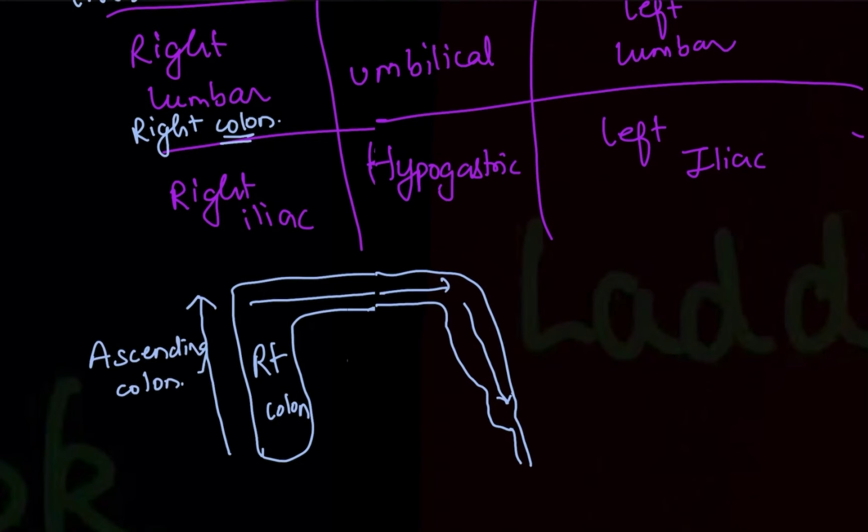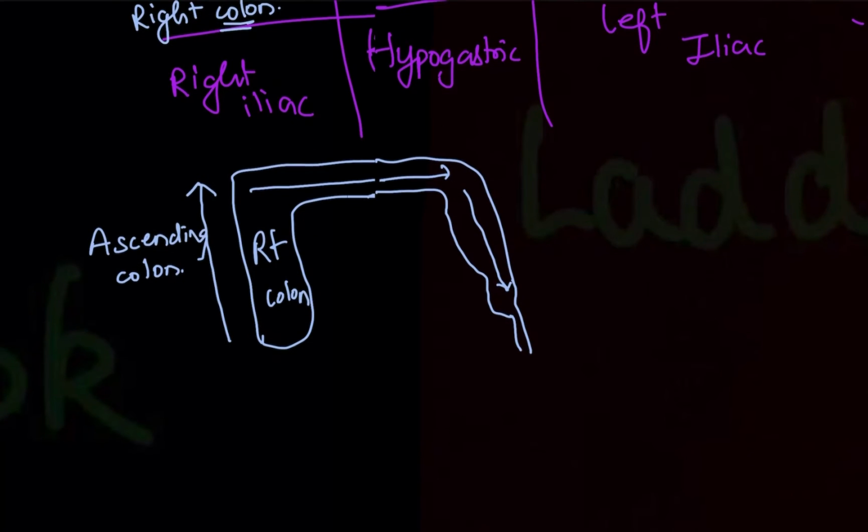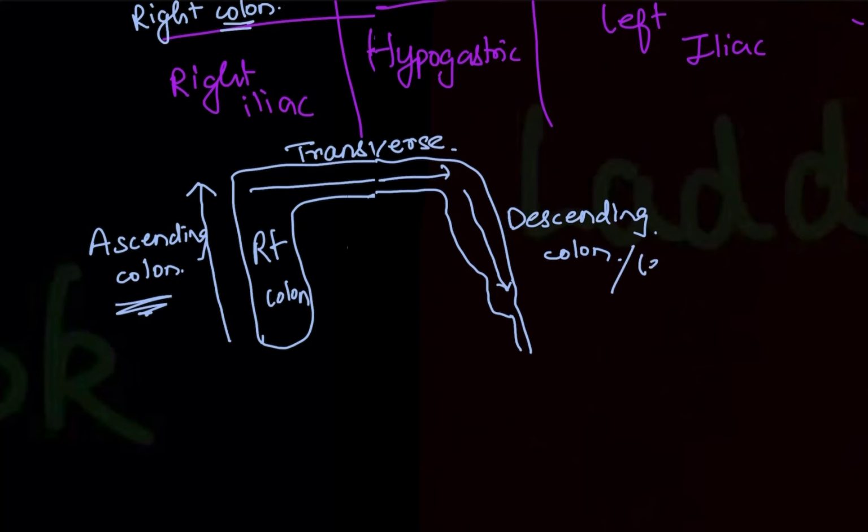It is very important when it comes to arterial supply. So please remember these names. Right colon, whenever you see, you have to remember another word, that is ascending colon. Here it is the transverse colon, and this is the descending colon. So large intestine is divided into 3: the ascending colon, the transverse colon, the descending colon. Each has a different arterial supply, so you must remember it at all costs. And descending colon is also known as left colon.